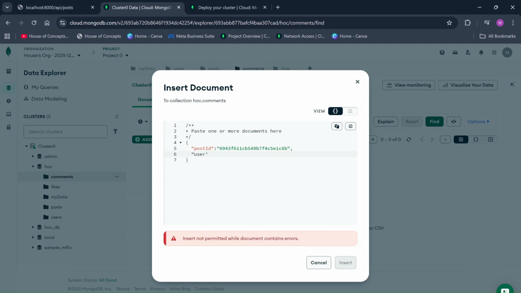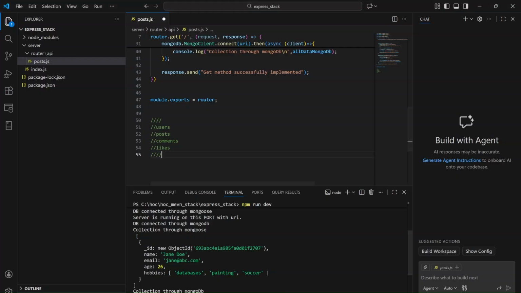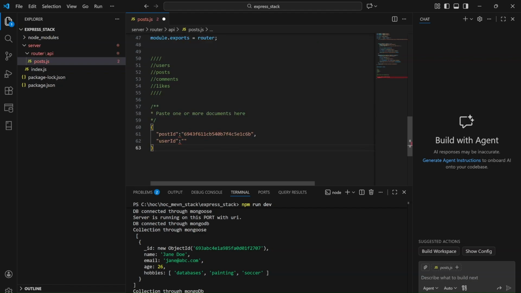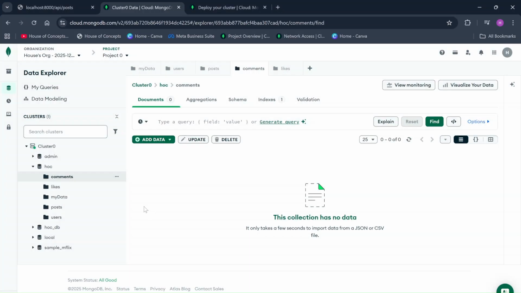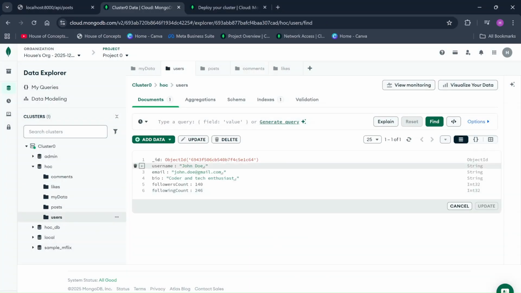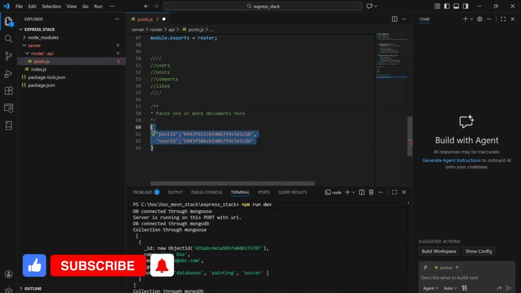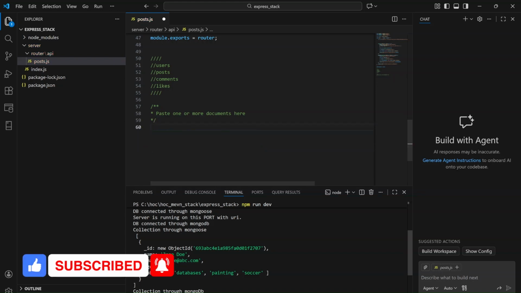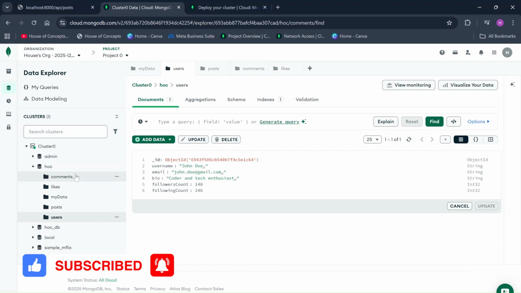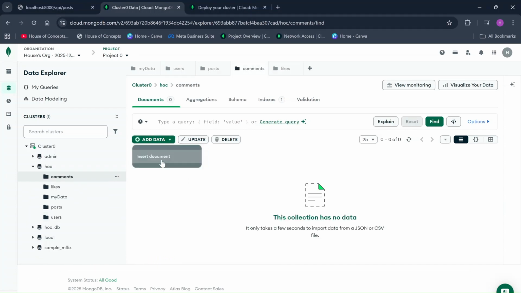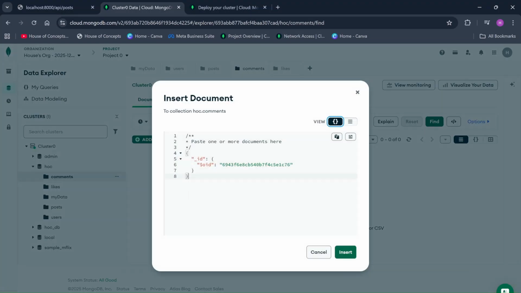So we have to give the user ID, paste it over here, and take the user ID from this collection, just add it over here, then take this and go back to my comments collection, insert the document, and now I have post ID and user ID referenced